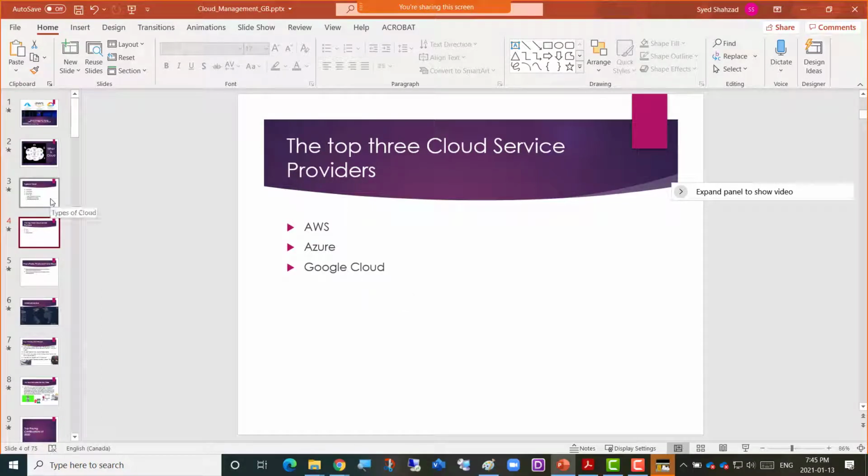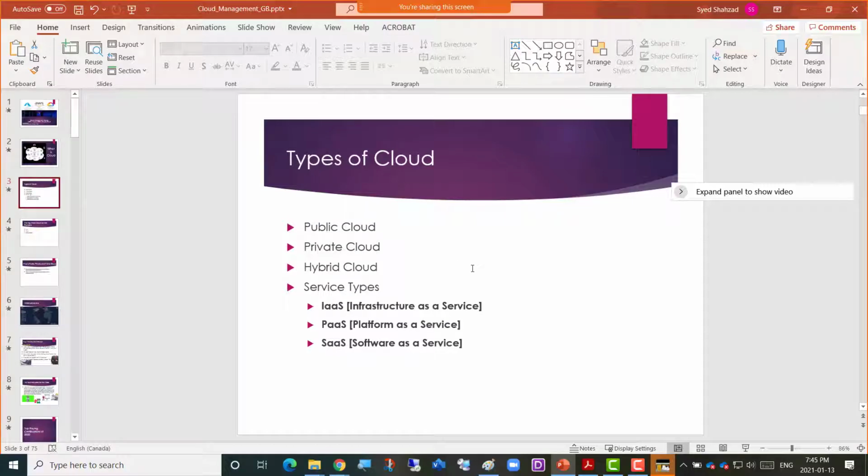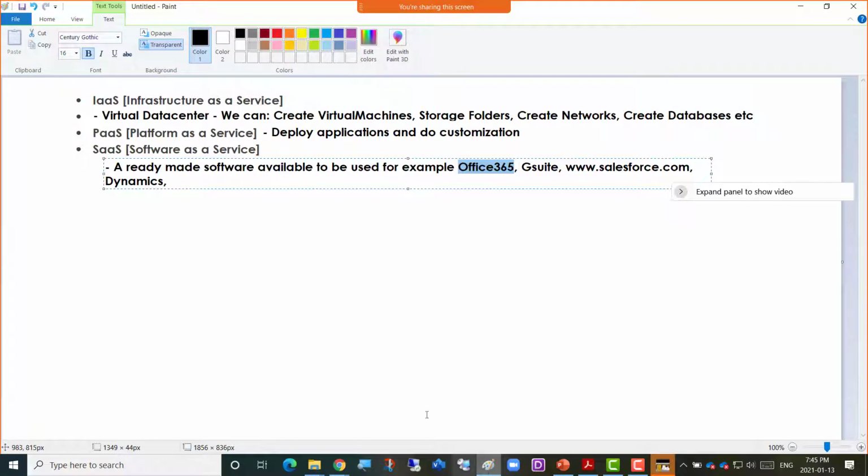So we were talking about the public cloud, private cloud, and hybrid cloud. Then we talked about infrastructure as a service, platform as a service, software as a service. But then there are further types, which is public cloud, private cloud, and hybrid cloud. That is also really a common model today, and you would see a lot of companies following this business model, which is like a hybrid cloud.